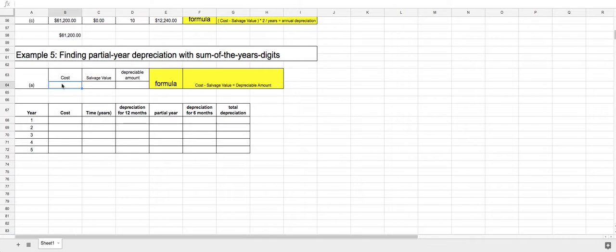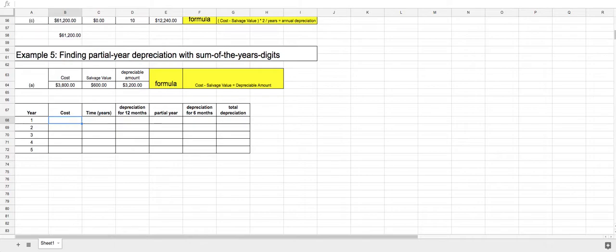So, for letter A, we have an item that is an air conditioner compressor. It's at $3,800, brand new. It has a salvage value of $600, and the total amount is going to depreciate. We take the cost minus salvage. It'd be $3,200. Now we're going to put together, this is not a depreciation schedule, but this is an easier